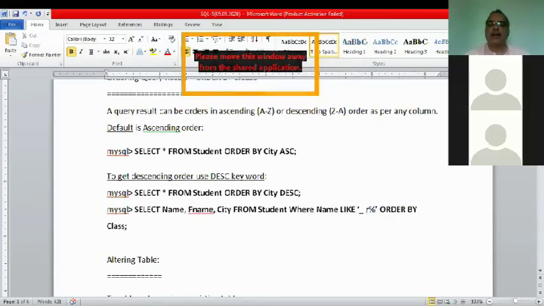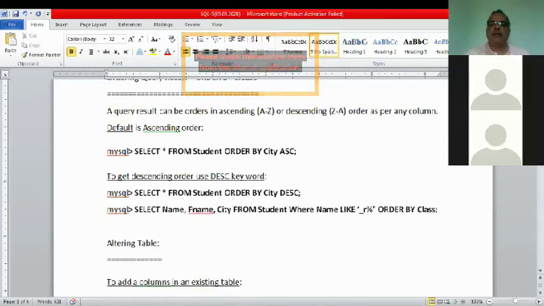Sir, what if there are two names, the first name and the last name, and we wish to select those records in which the student's second alphabet of the name is R? Then, sir, is there any way to do that? No, you cannot find it using this. Putting underscores won't work because the first name may vary in length. You don't know the position of that character, so underscore will not work. Okay, sir.